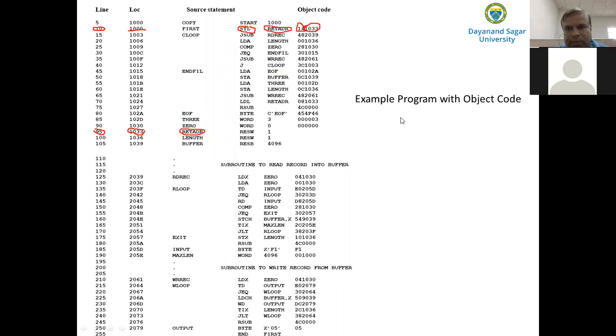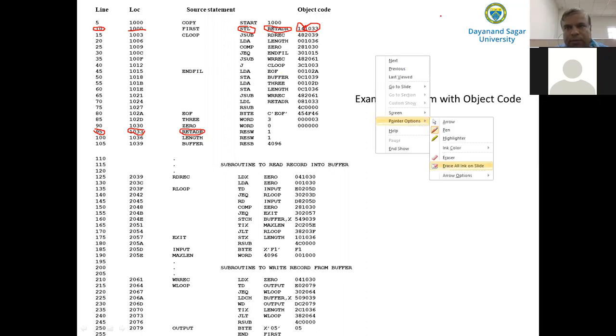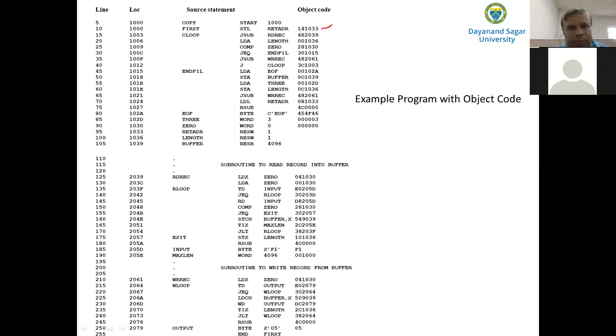How many byte instruction is it? Three bytes. 14 is one byte, 10 is another byte, and 33 is another byte. So 14 is stored at 1000, 10 is stored at the next address 1001, and 33 is stored at address 1002. Then the address of the next instruction will be 1003.